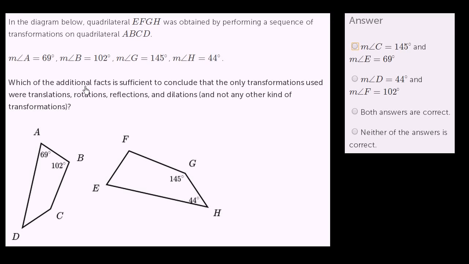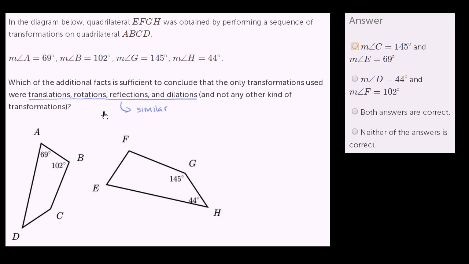Which of the following additional facts is sufficient to conclude that the only transformations used were translations, rotations, reflections, and dilations, and not any other kind of transformations? So this is another way of saying if we only used translations, rotations, reflections, and dilations, then that means that these two figures are similar. So if this is the case, then we're dealing with similar